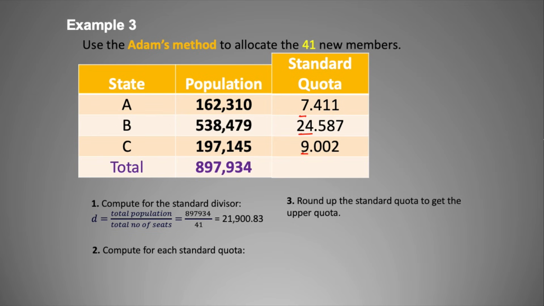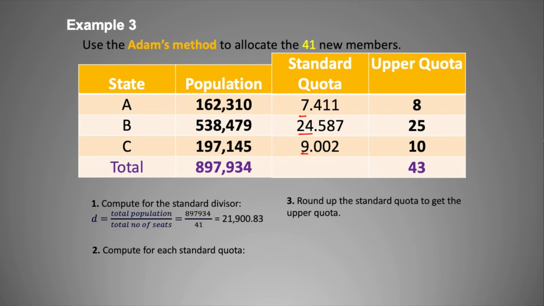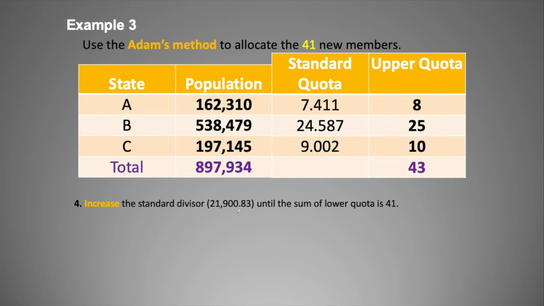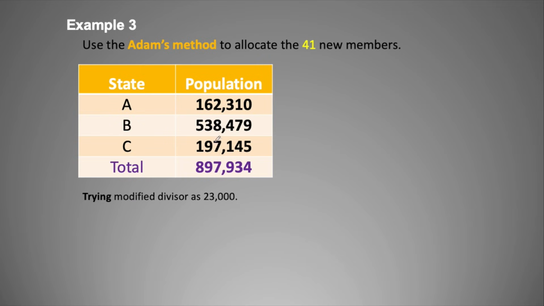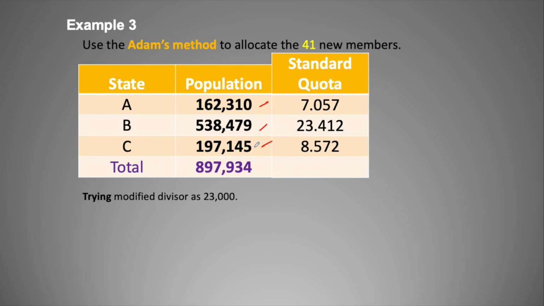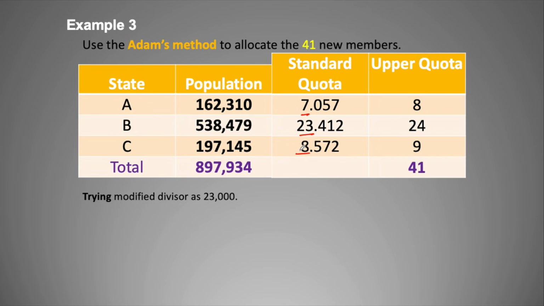So in other words, the upper quota will just be 8, 25, and 10, which gives us 43 members, which exceeds 41 new members. Now, to reduce this total of the upper quota, all we have to do is to increase the standard divisor, in which by trial and error, I came up with the modified divisor, which is 23,000. And dividing each population by 23,000, I came up with the standard quota having these values. And rounding up these values, meaning we're just going to add 1 to the whole numbers of the standard quota, gives us 8, 24, and 9, which comes up with a total of 41,